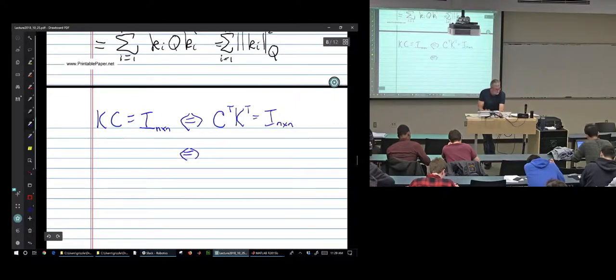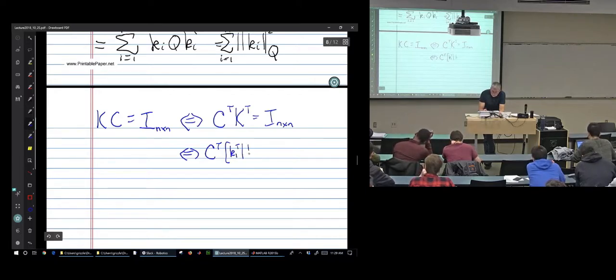So that's if and only if I have C transpose K transpose, we've done this. It's little k1 transpose, the second row transposed into the column, kn transposed, okay? Equals,